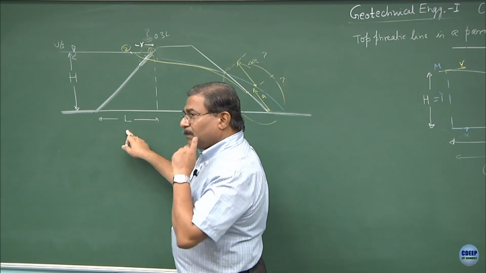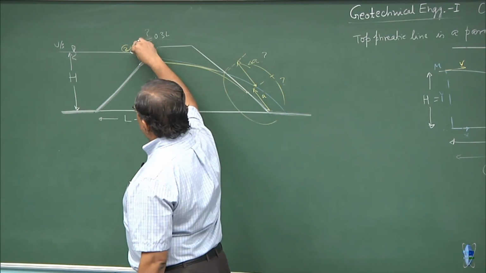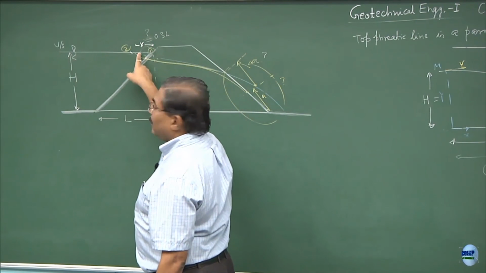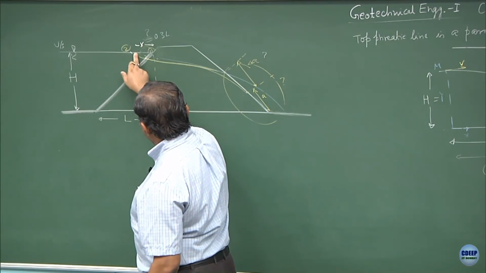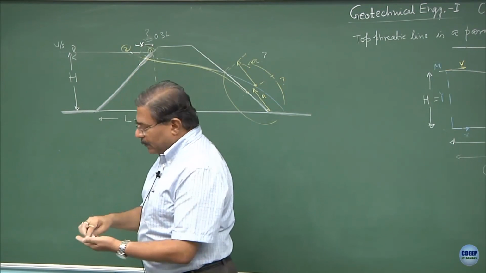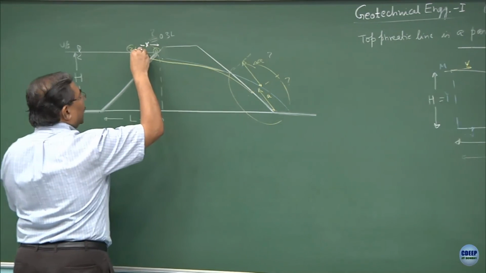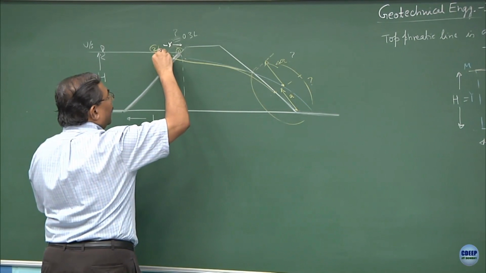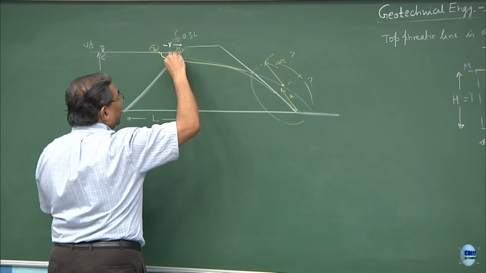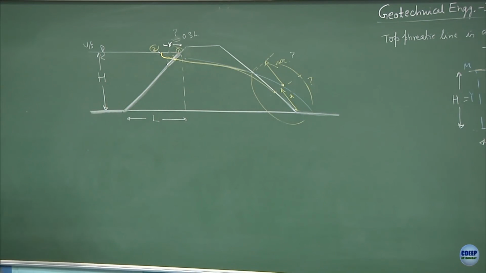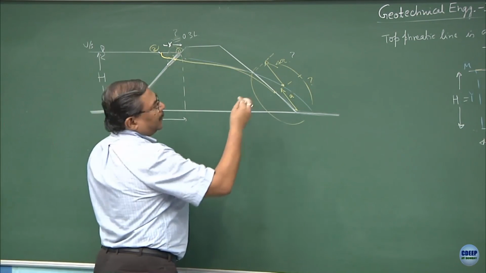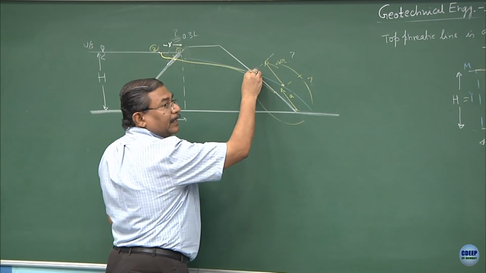Number 2, this line itself is an equipotential line. So the way I have drawn is still wrong. What should have been done? Yes, you are right. It will be perpendicular, comes like this, cuts perpendicular and goes like this. Okay. The another uncertainty is empirical in nature, delta A.